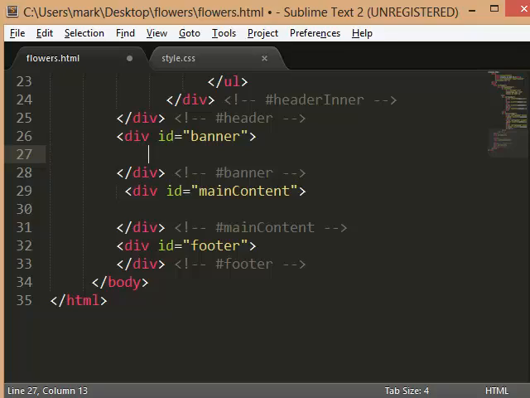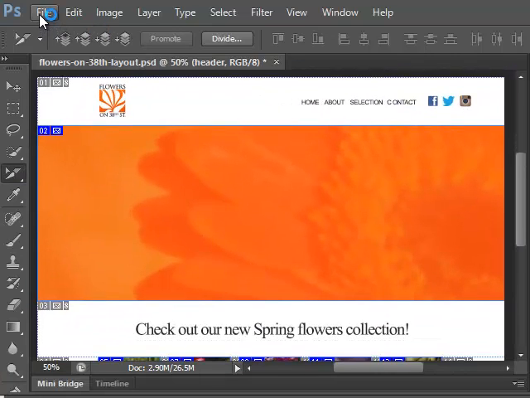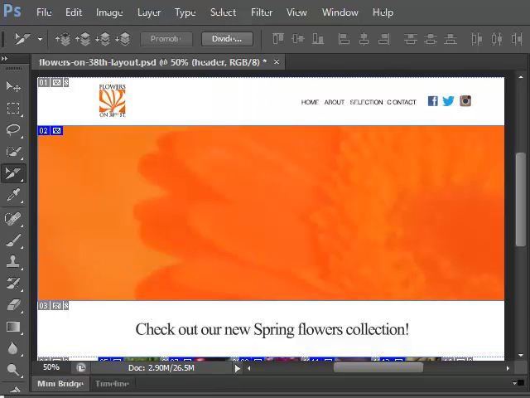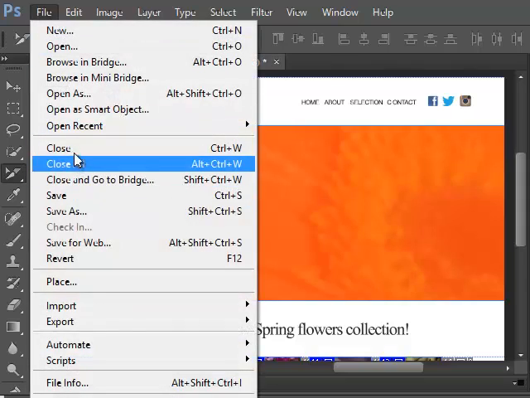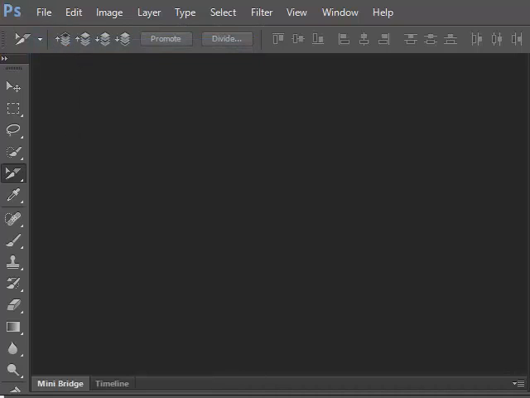So if we go back to the mockup, the banner has, you can always revert your mockup. So I'm going to hit File and Revert. And it's being grumpy because I moved my folder. So what I'm going to do real quick is close this. I'm going to reopen it. Okay,